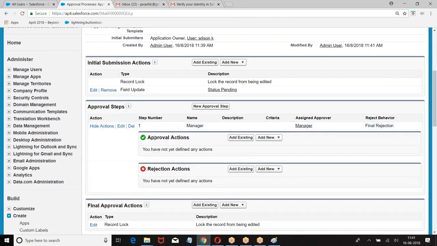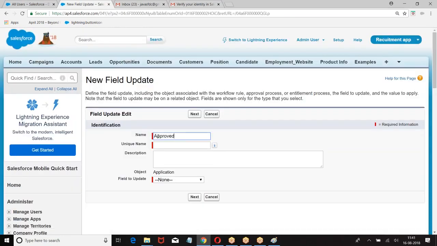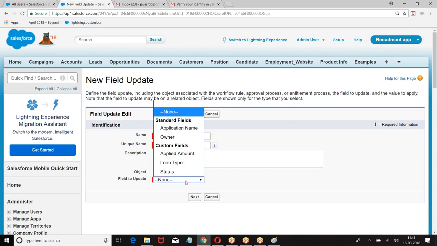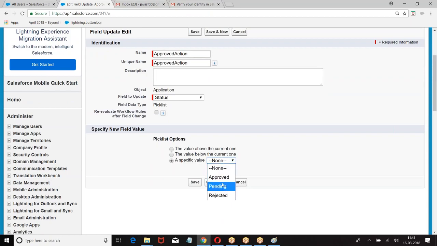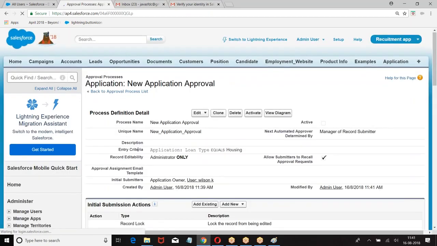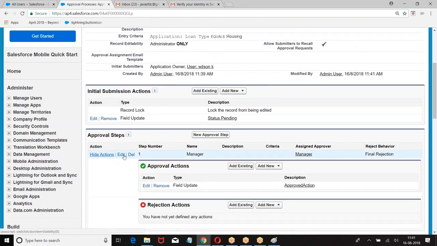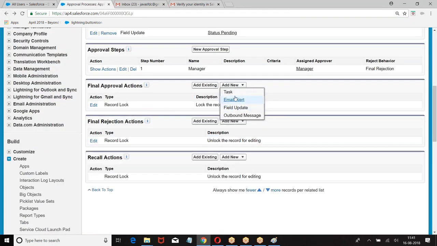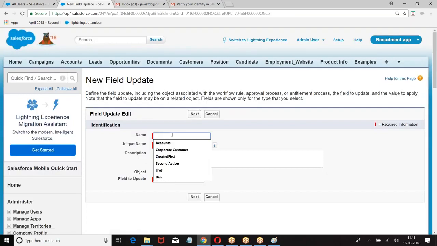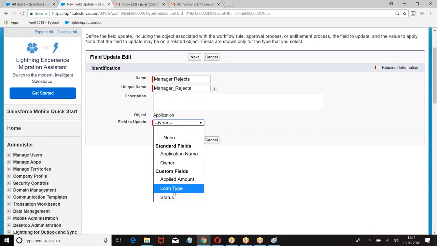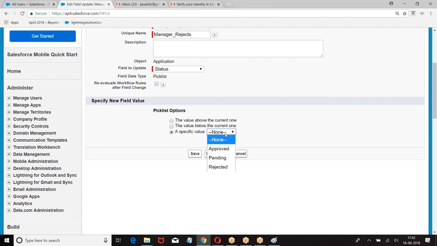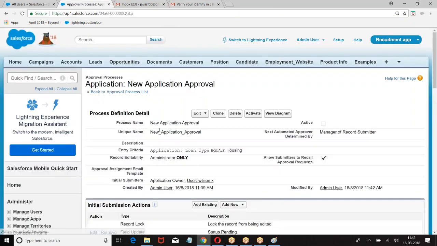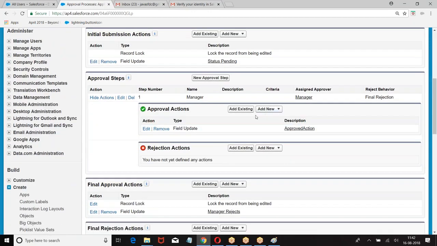If the manager approves, make status equal to approved.